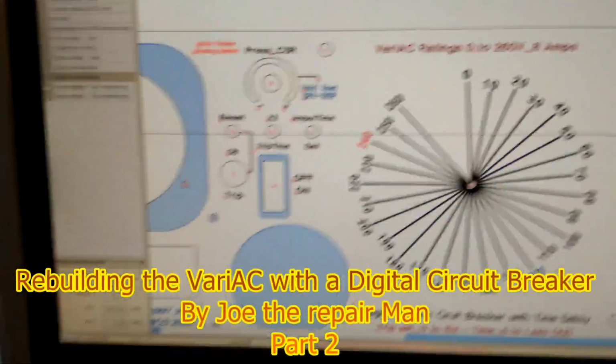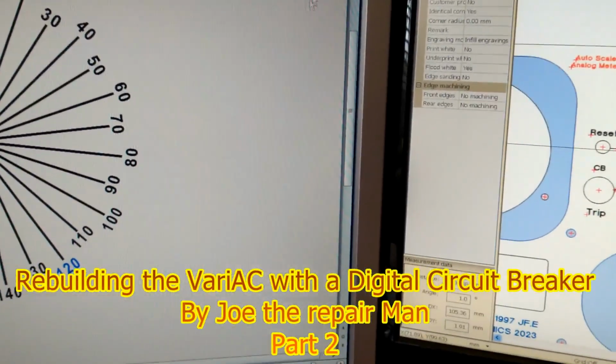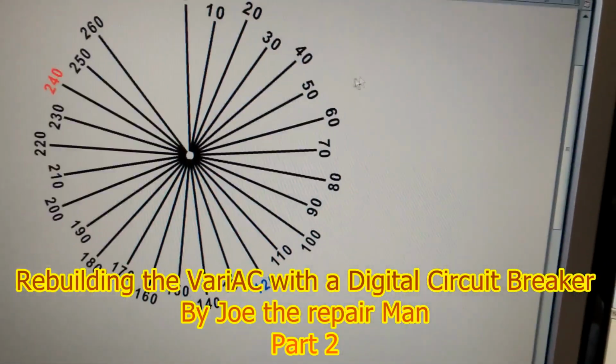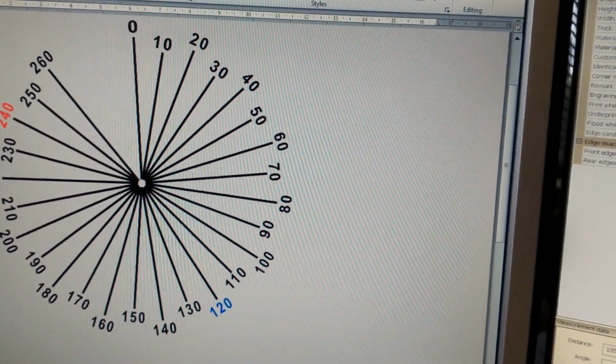I wanted to show you how you create this, right? So I've mentioned that there is